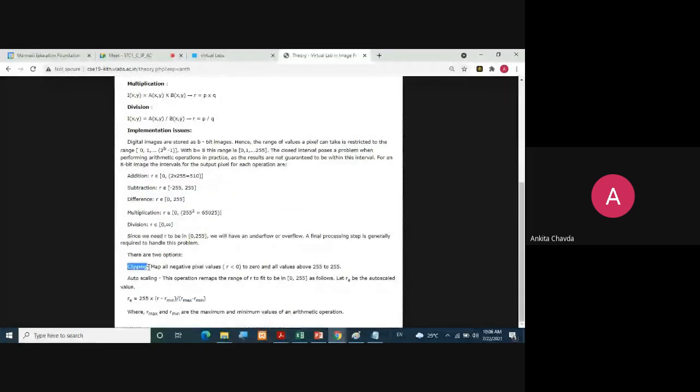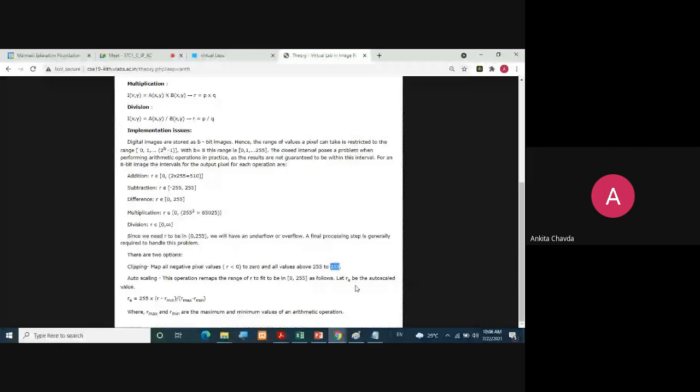Either clip it, which I already explained. In clipping, for negative pixel values where r is less than 0, you map it to 0, and above 255 you map it to 255, which is actually a very bad idea. With clipping, you are not getting the expected results.